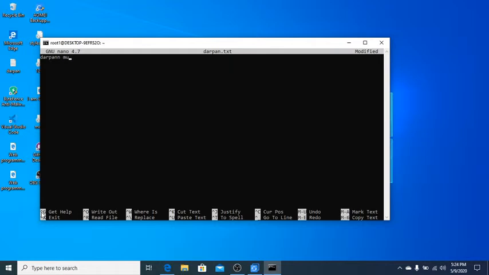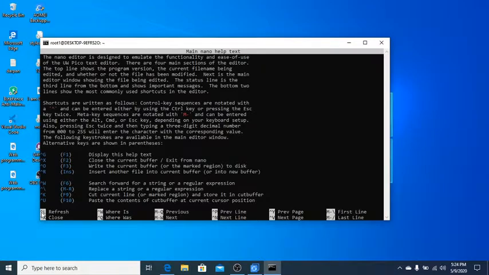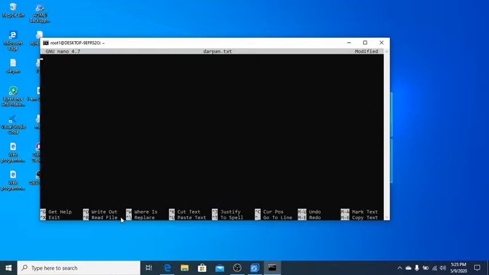So M-U, I think capital M-U. Sorry. Control G, we can get help. Control W, we can save the file. Oh, sorry, we cannot save. So to close, Control plus X closes here. So to save, I will write